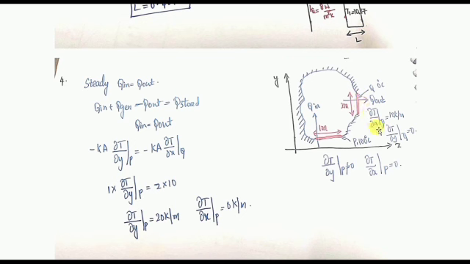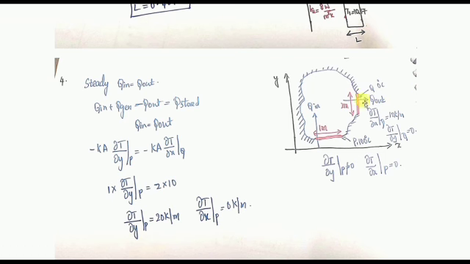In the question also they have given dou T by dou X is 10. You can see it is very straight. So Y is 0, X is 0. Y value will be changing. I know these things, the basic concept you will be addressing very easily. Y you need to find. That's why we have taken minus K dou T by dou Y for Q in, not X. X is 0. Dou T by dou Y of P equal to Q out, which is X.